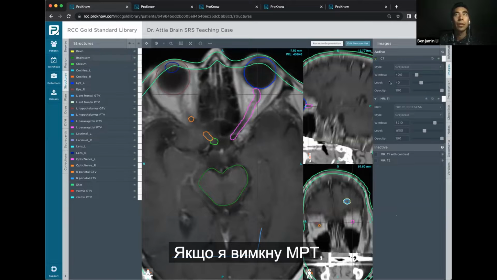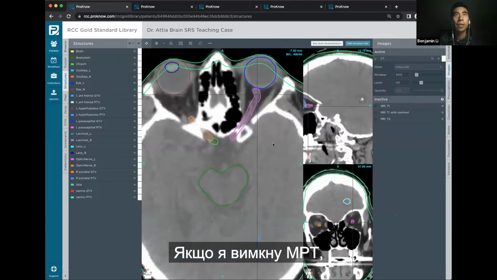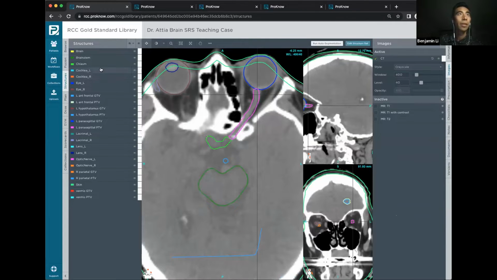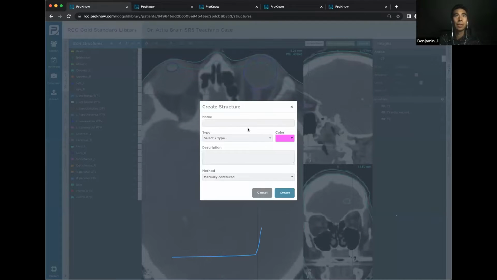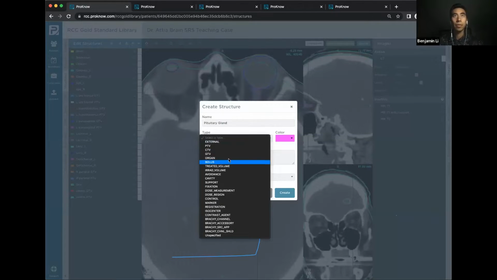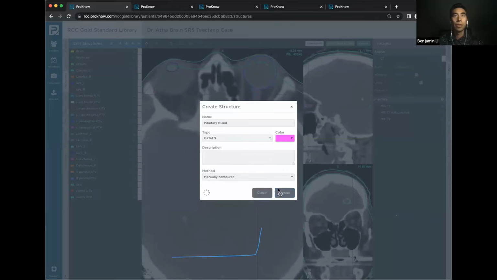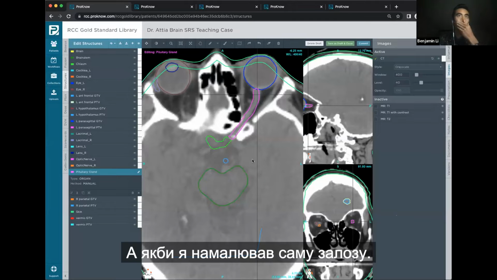So if I turn off the MRI, and if I were to draw the gland itself,